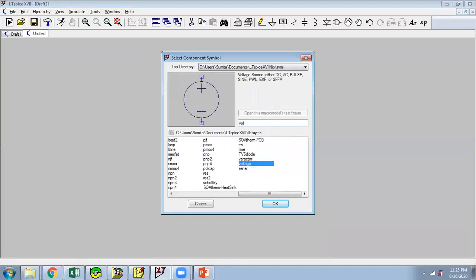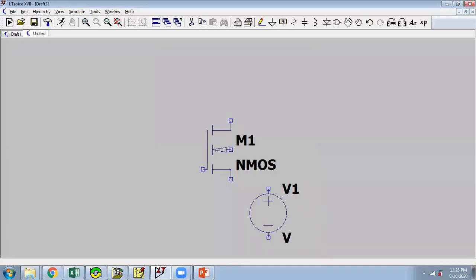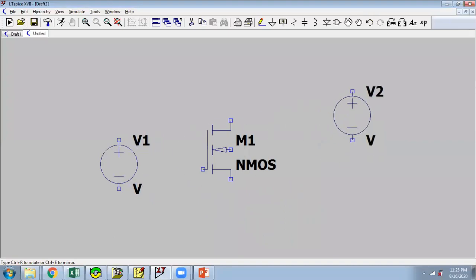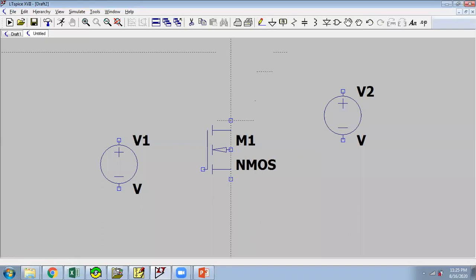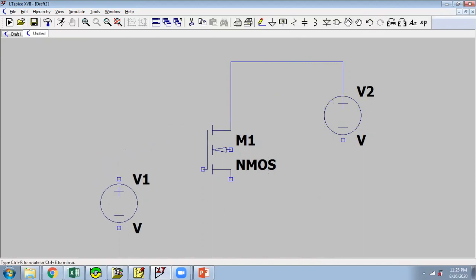Voltage. Now you want one voltage at the gate and one voltage at the drain. Escape. Now from wire, you will connect this voltage, or you can adjust the position by dragging it by hand.